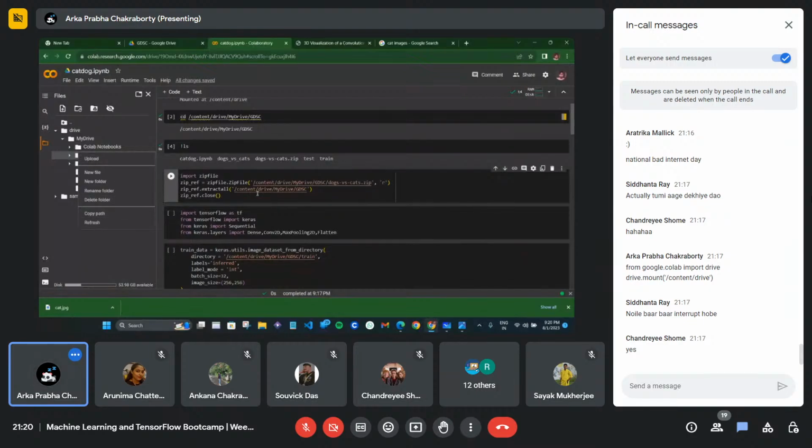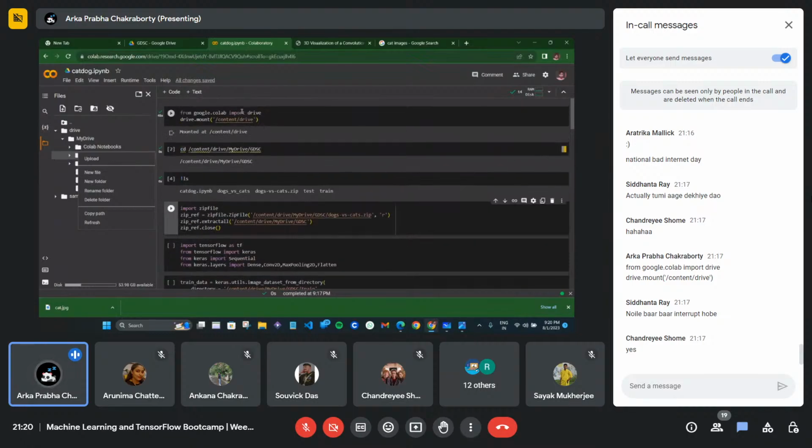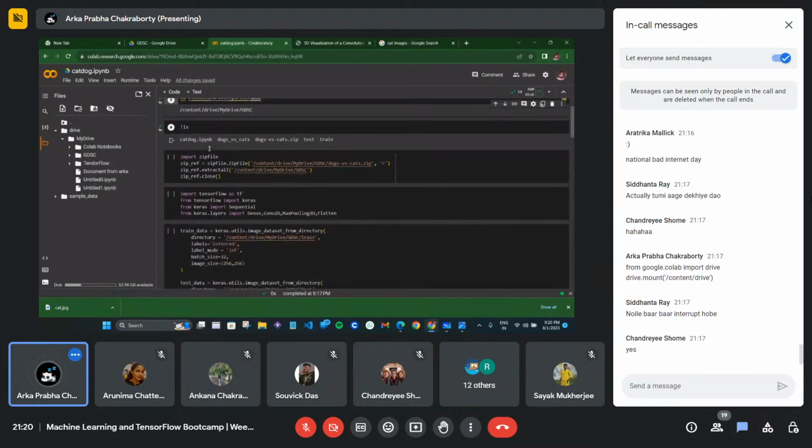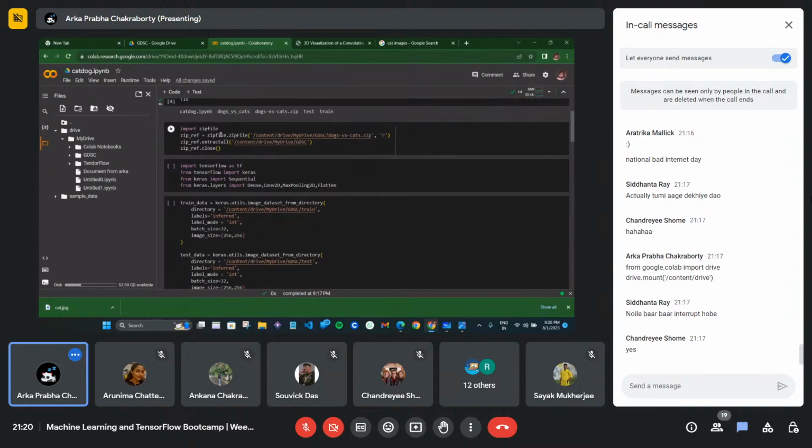So I'm copying this path. Then I'm going to change the directory. If you just see, my current directory when I mounted my Colab was at my drive folder, right? So to change that folder location, I have pasted this command. Your command can differ because of your folder name. The ls command, I've told you.